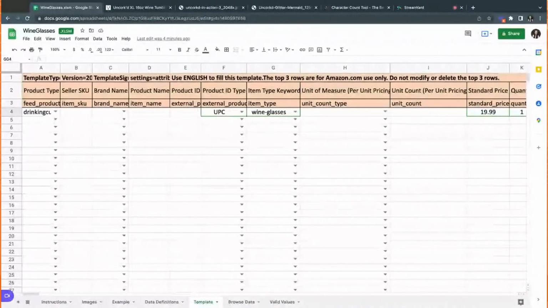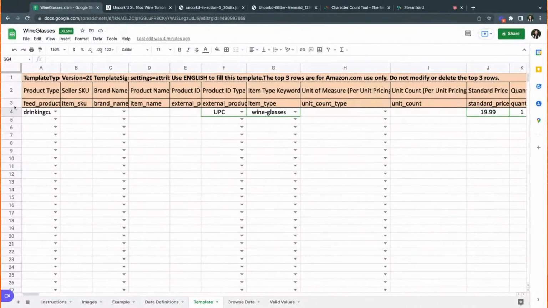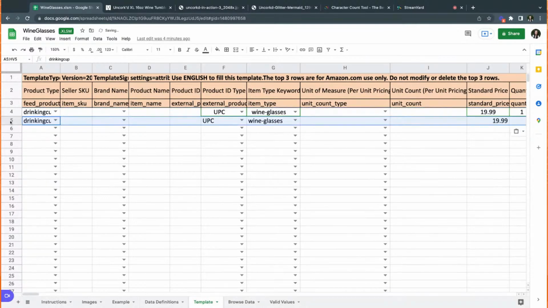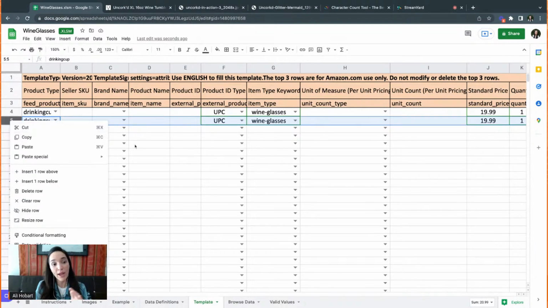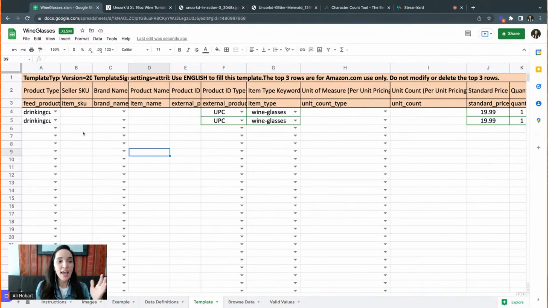So let me share really quick. Okay, so once you're done, and just to explain, if you want to copy a whole row, you can easily just click on this cell right here, copy, and then paste. And you can do that by Command or Control-C, Control-V, or right click to copy and paste. And if it's the same product or a lot of the information is the same, then it's going to be such a time saver, and you just change here the different UPC and everything else.